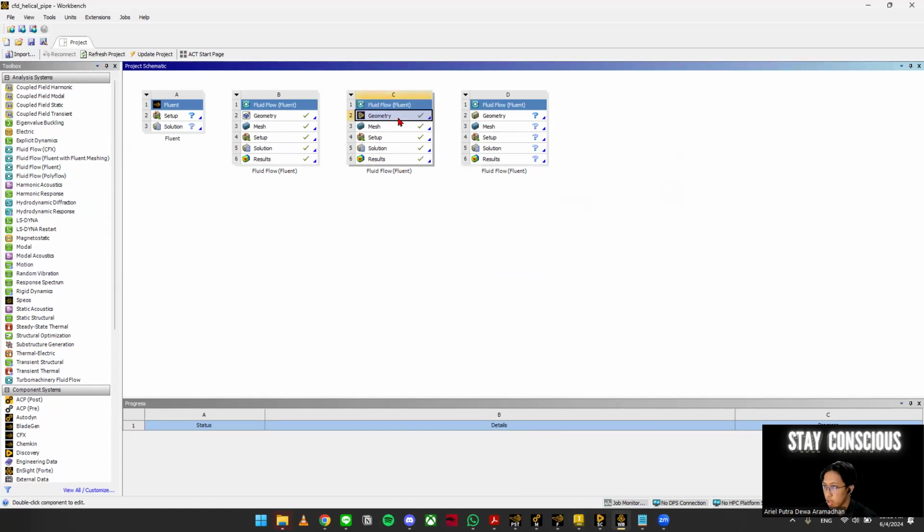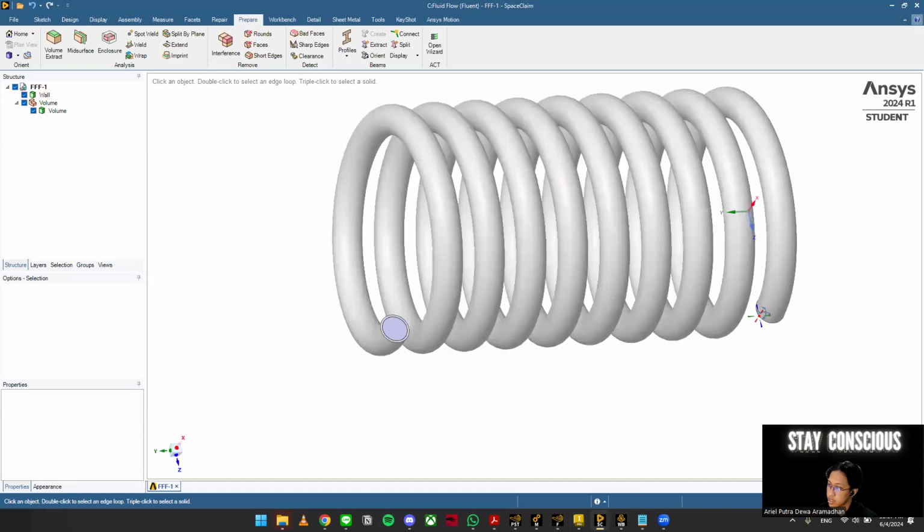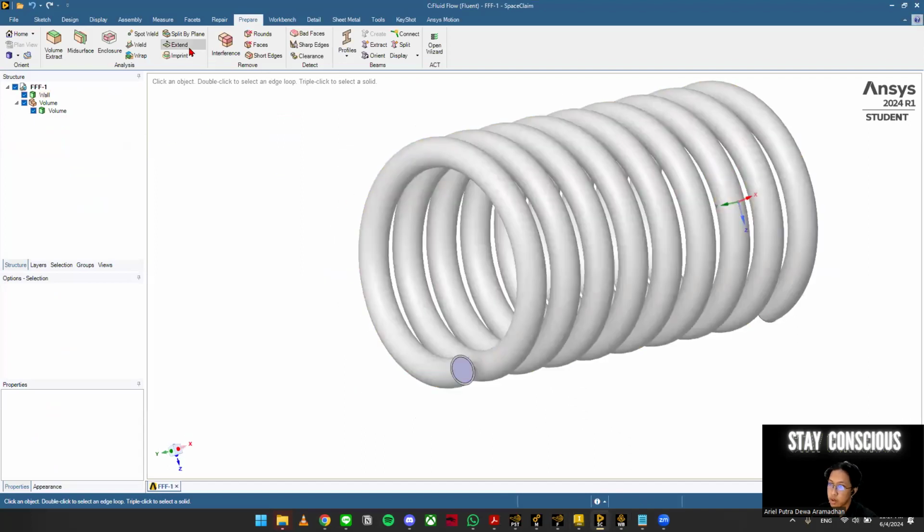After that, we're going to edit the geometry in SpaceClaim here. In SpaceClaim, we're going to prepare the model before we mesh it.